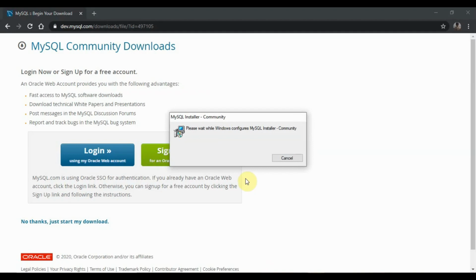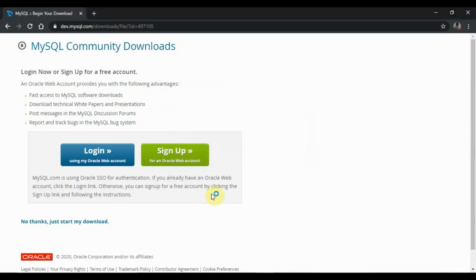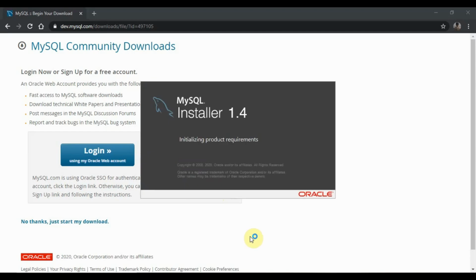The opening will take a bit long time. So now you can see MySQL installer 1.4.